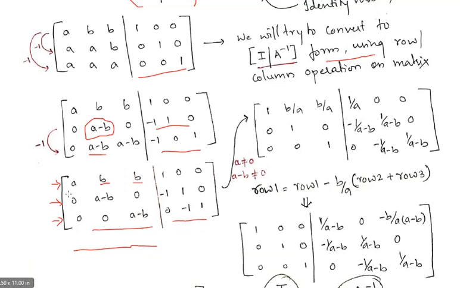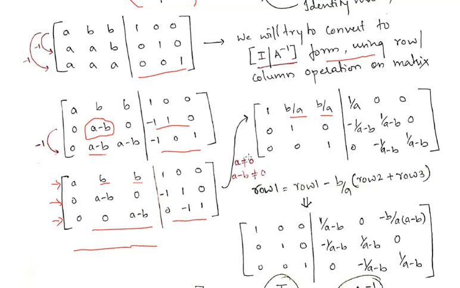So what am I doing? I am taking out a here. So what do I need to multiply here? If I remove a here, then this will become 1 and this will be b by a, so that if you multiply a to this element, again you should get the previous matrix. Okay, so for here a minus b. Similarly here also 1 0 0. In the identity matrix also we are dividing by a. Similarly for the other two rows I am dividing by a minus b. Okay, presently you have got this.